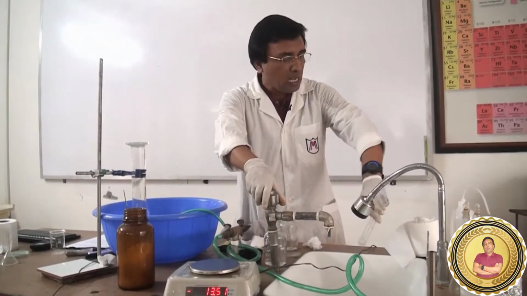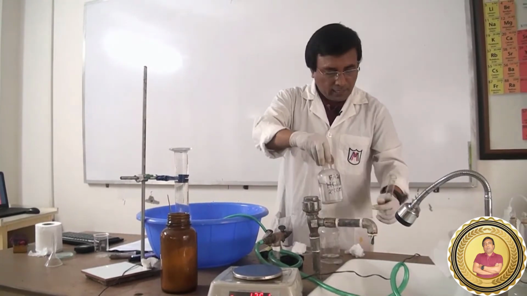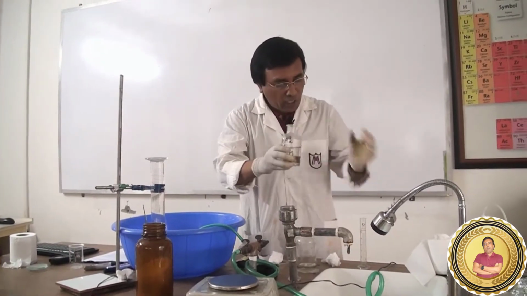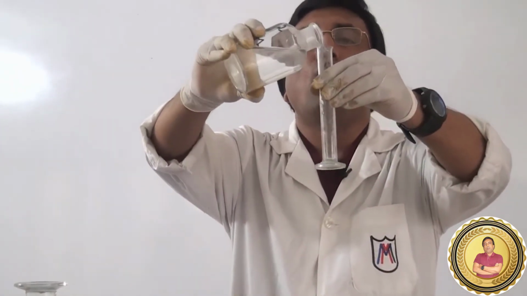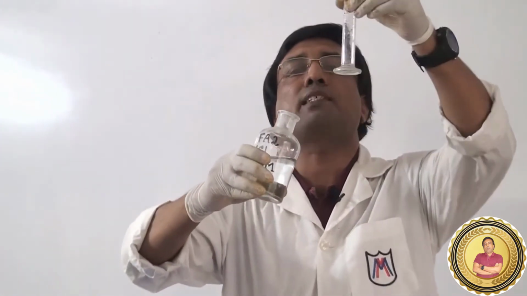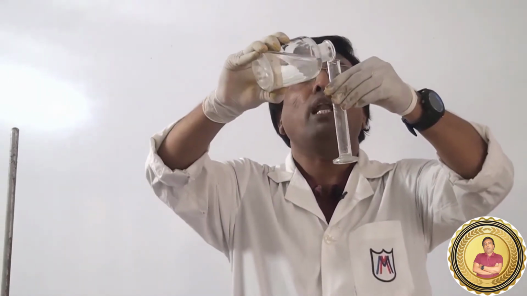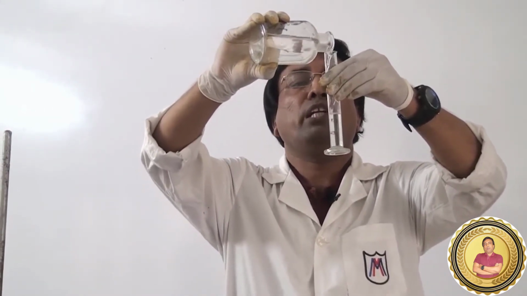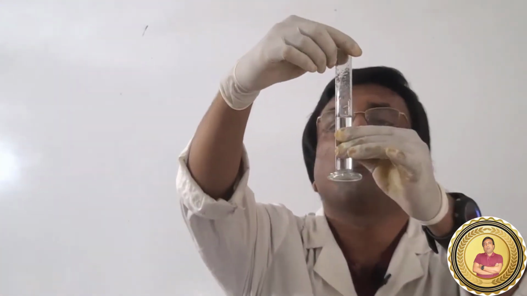Before that we can wash it, and then we will transfer this hydrochloric acid Fa2 from the container, that is the reagent bottle. 15 cubic centimeter of this we will have to transfer. Look at this, 15 cubic centimeter. Obviously at the time of reading, each time you have to place the container at eye level. I think all of you know about it, how it is placed. All of you look at 15 cubic centimeter. So look at this. We have taken the volume. This is 15 cubic centimeter. All of you look at.